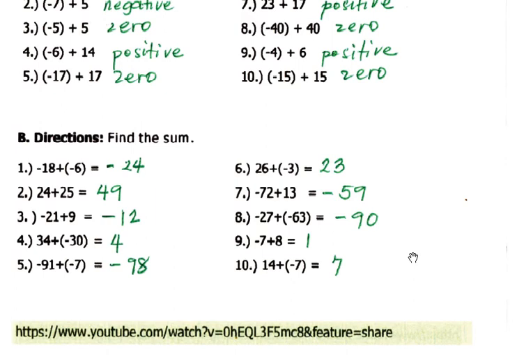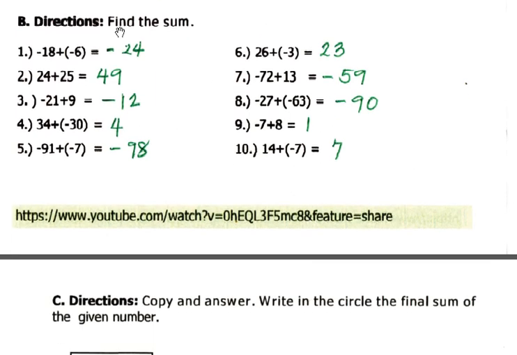Let's proceed with letter B. We have to find the sum. For number 1, -18 plus -6. So add 18 and 6, 24, and copy the common sign, which is negative. Number 2, we just simply add 24 plus 25. That's 49. Number 3,